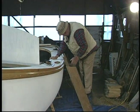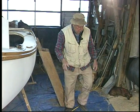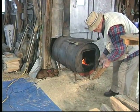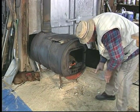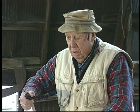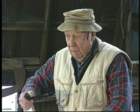When I came along, my father was in building boats. He was working for the renowned boat builder, John B. Harrison. I became enthused and picked up and started doing little jobs around here, and I decided to build boats temporarily. And this has been a temporary job for me since